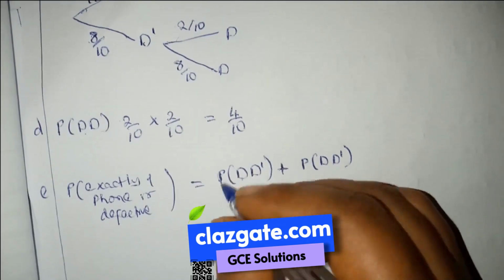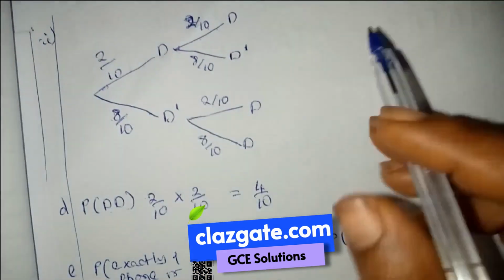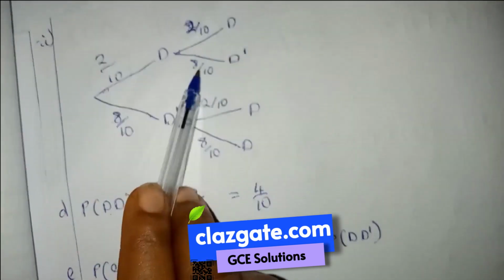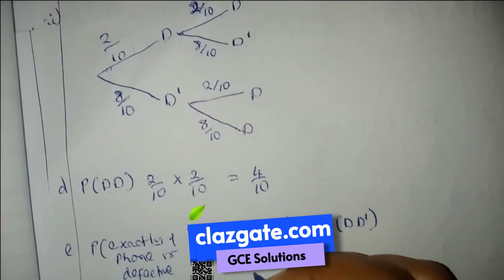We are going to have, back to our tree, defective and non-defective. That's 2 on 10 times 8 on 10, plus 2 on 10